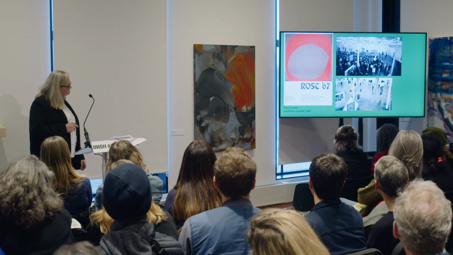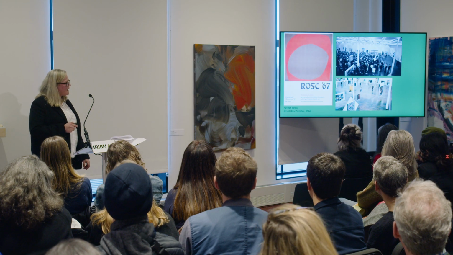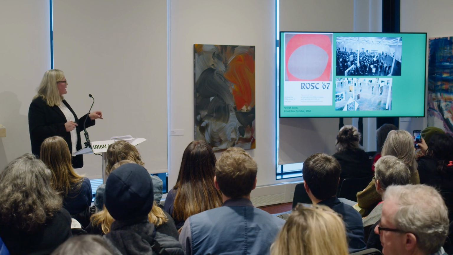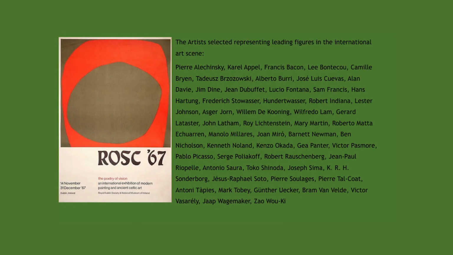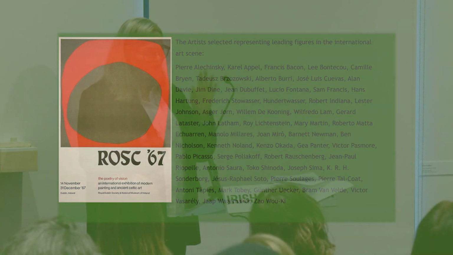Key event, Rosc '67. This is important because, again, this is a changing attitude, when in 1967 the government sponsored an exhibition to come to Dublin, when work of international artists, and you can see the list of them there, were brought to Dublin for the very first time. What we're seeing is a change. One thing you'll notice about Ireland, by the way, if you look at its history, it's about 20 years behind the curve on most things. But what you will see there is that they brought leading international contemporary artists at the time, very many American, that you can see there.